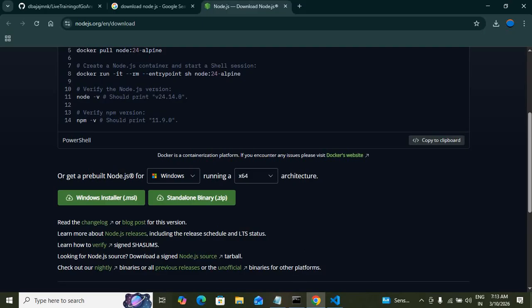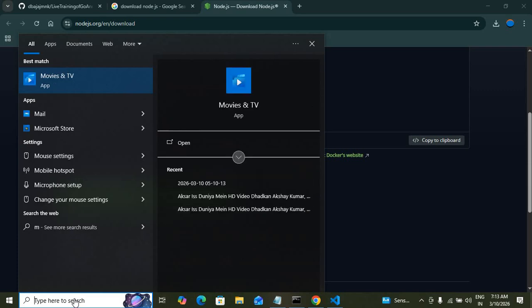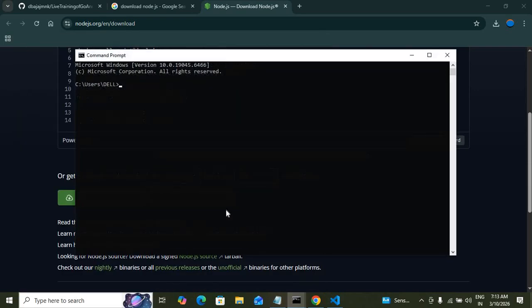Now let's check whether it's installed or not. Go to the cmd. Here we can say node --version. Now your npm